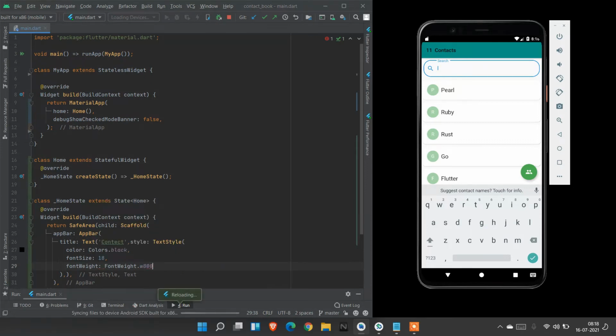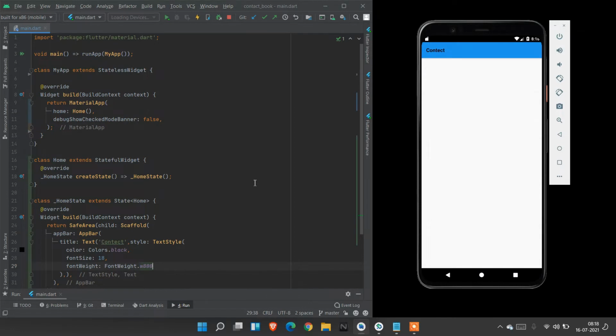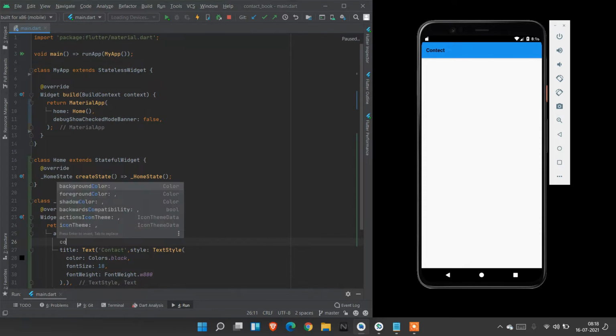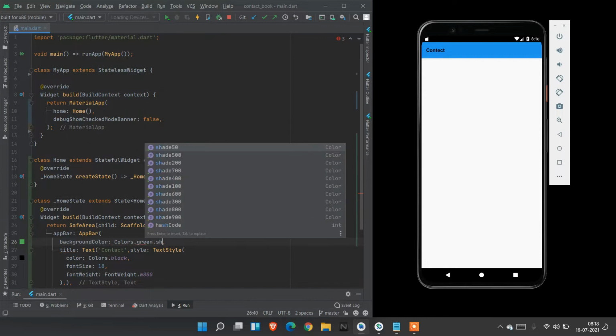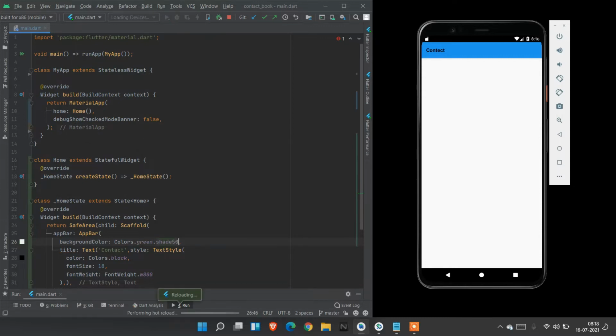Now save and see what happened in the program. Contact appeared, and I need the background color to be green dot shade of 50. And I don't need elevation, so I set elevation to 0.